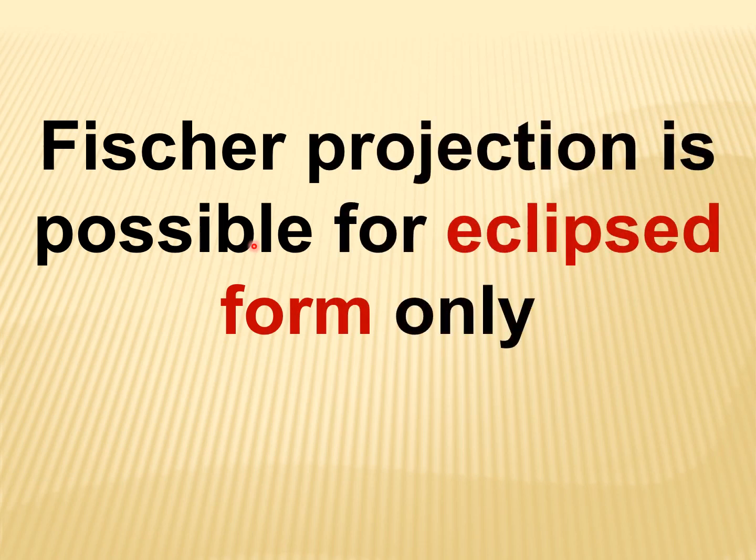Fisher projection is possible only for eclipsed form. You cannot draw the Fisher projection for staggered form. So in staggered form, you have only Newman projection and Sawhorse projection. Whereas in the eclipsed form, you can draw Newman, Sawhorse and Fisher projections. Out of them, Fisher and Newman, they are more